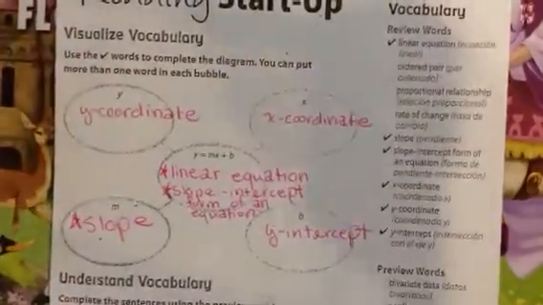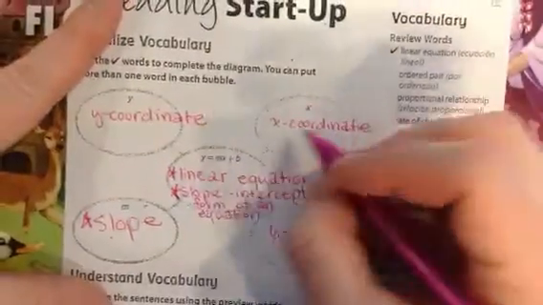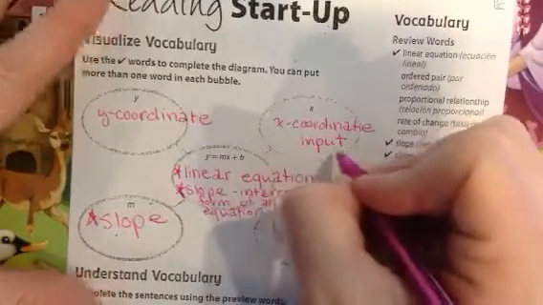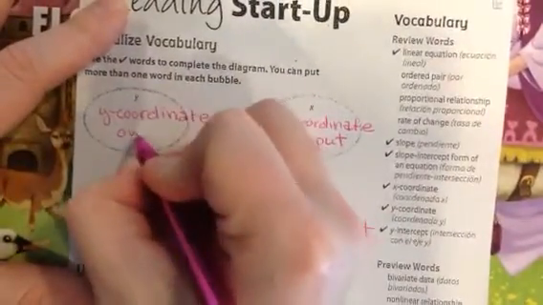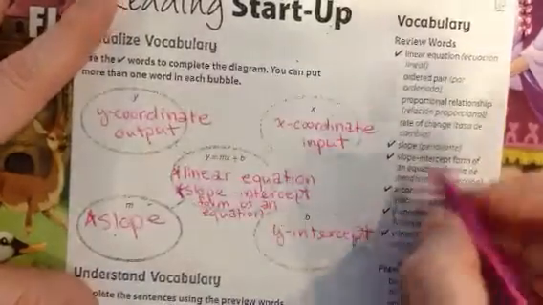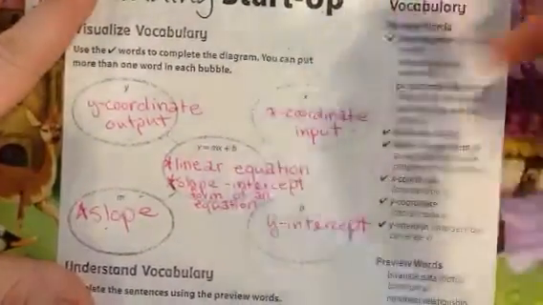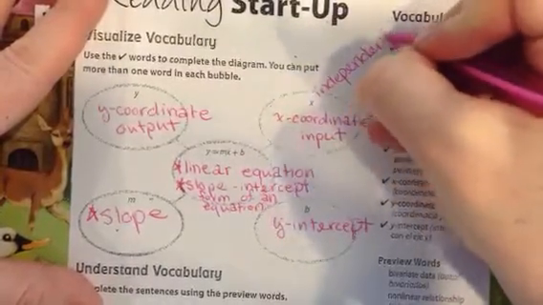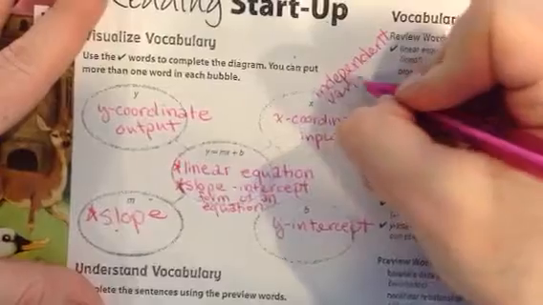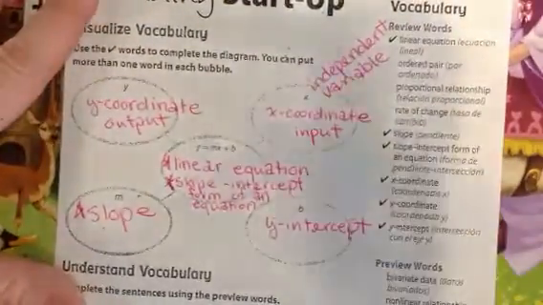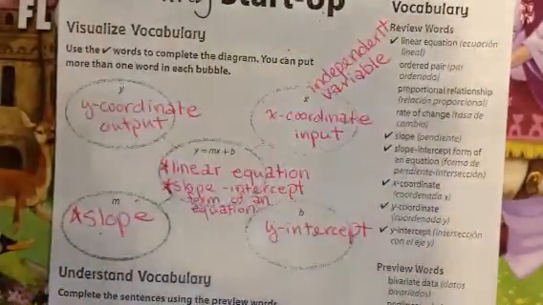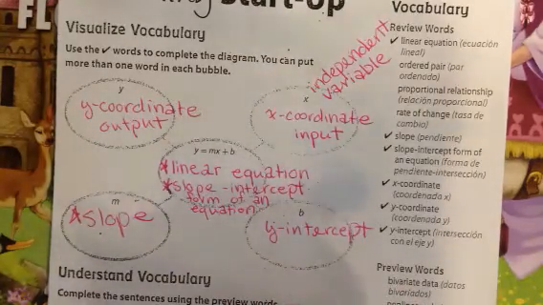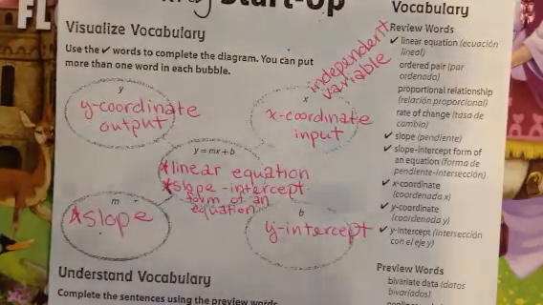Okay, for our x-coordinate, let's go ahead and label it as input. We talked about that whenever we did functions. The y was the output. For our x-coordinate, we're going to label it the independent variable. We also have a dependent variable, but one way that you can remember that x is always the independent variable is because x stands for input,